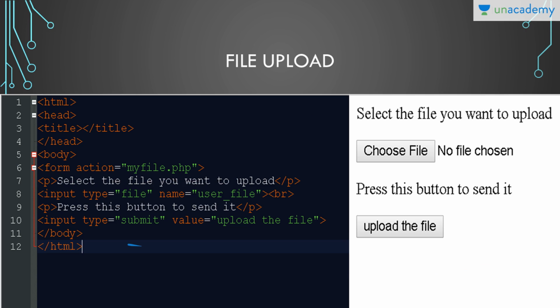And after that, first of all, I just wanted this comment text here: select the file you want to upload. So we can simply write a text here that says select the file you want to upload. Okay, this is very simple, you know all that. Now after that, if I want to upload a file, I'll use the input type file. You can see here I've used the type file, right? And this is just a name, you don't have to use the name right now. So we'll use input type file.